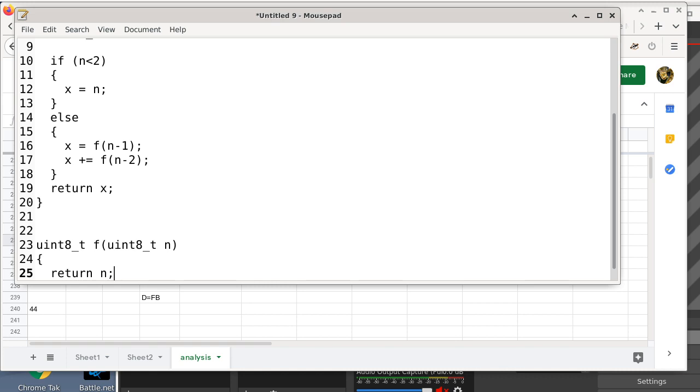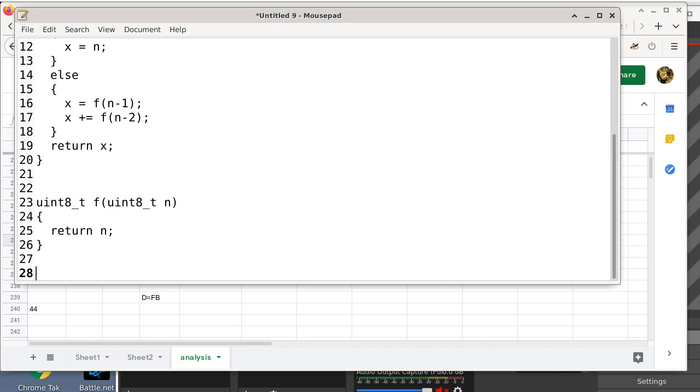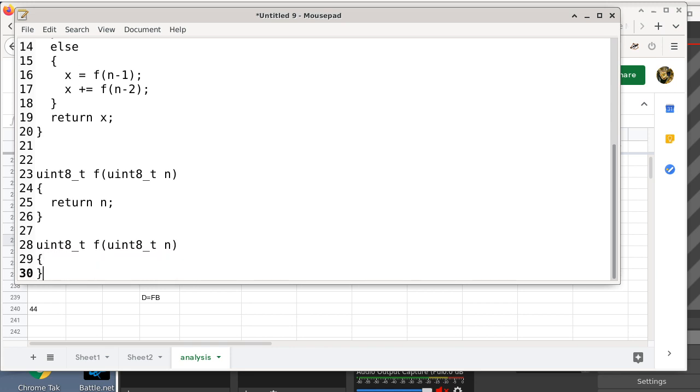In other words, do I know how to access a parameter, and do I know how to return the parameter itself? That should not be very difficult. Once you can do this, then we'll put in the conditional statement. So then we'll have the next version, which is very much like the one that we already have, but no recursion. What we'll do is say, if n is less than 2,